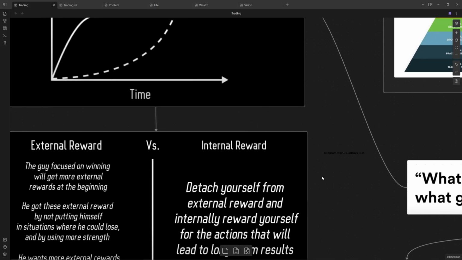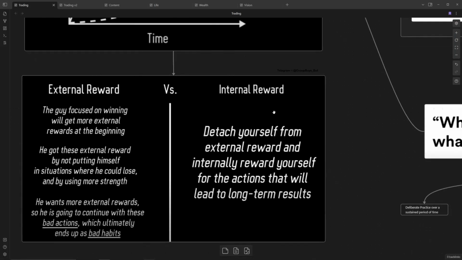So when I have that positive outlook, I can have that confidence because it's a win-win. I win or I learn something new. I'm able to focus on that internal reward. I'm detaching myself, getting that independence from the outcome. I can trade a live account like a demo account, because I don't care if I win or lose. I'm focused on learning the skill. The money's less of an issue.